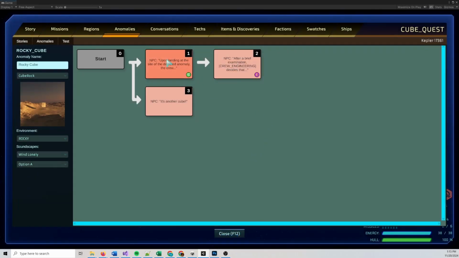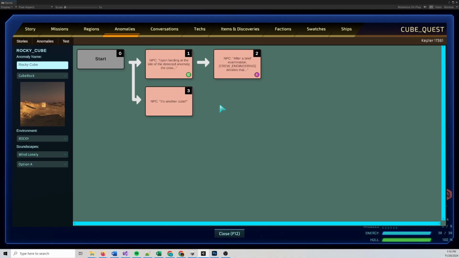So in this case, this first node would be shown if the cube found flag had not been set, and then you just make sure that all of the anomalies set the cube found flag, and then you'd have to do this for each anomaly. So that's one solution,